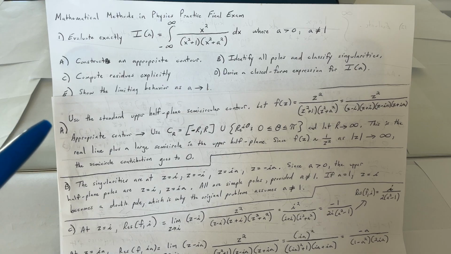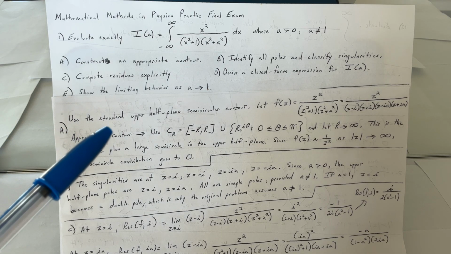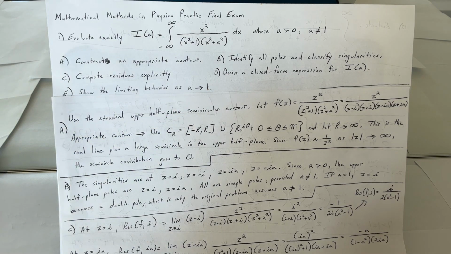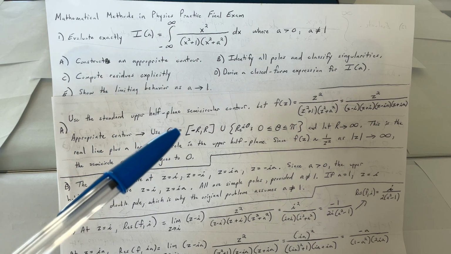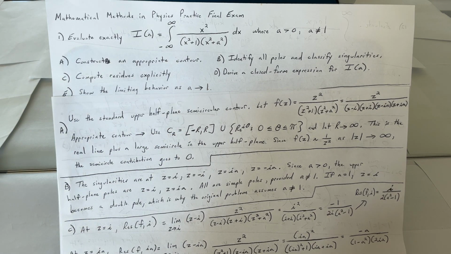So for this one, we're going to use the standard upper half plane semicircular contour. We're going to let f of z equal z squared over z squared plus 1, z squared plus a squared. And that's going to equal z squared over z minus I, z plus I, z minus IA times z plus IA. So the appropriate contour for this, C sub R, is the interval from negative R to R,